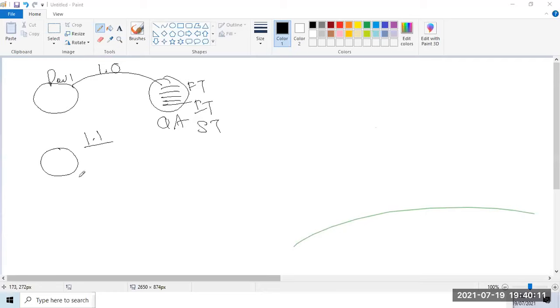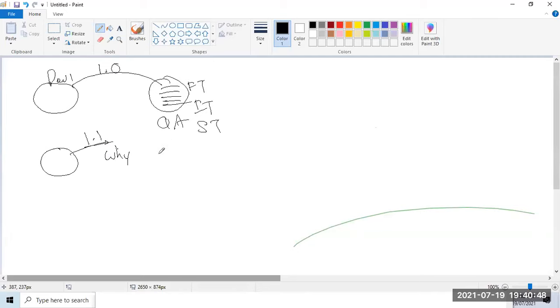Now, the developer has already given build number 1.0. Is there any chance the developer will give build 1.1? Yes or no? Chances are there. Please answer in the chat so that we avoid the noise, and keep yourselves on mute. Why will the developer give one more build even though he has already given 1.0? What are the reasons for giving the new build? I want answers from everybody.